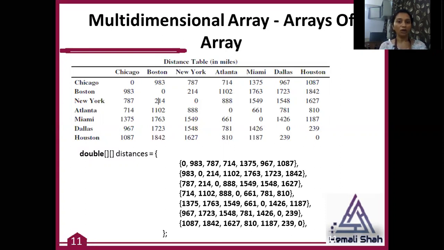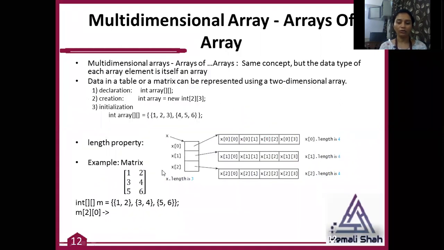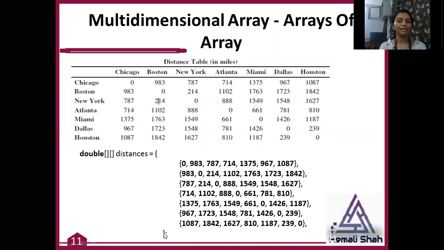For this, you cannot store such data only by using a single dimension array. To store such data, you need a multi-dimensional array. A multi-dimensional array is basically an array of arrays. That means you want an array of multiple distances, and all the array elements are also arrays. Say for example, I want to store this data. For that I am going to create an array like this. These brackets indicate it's an array. Now inside the array all my elements are also arrays.